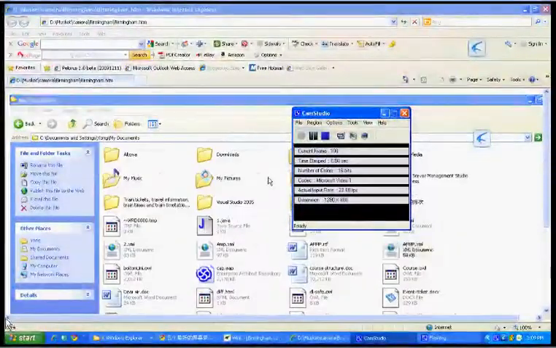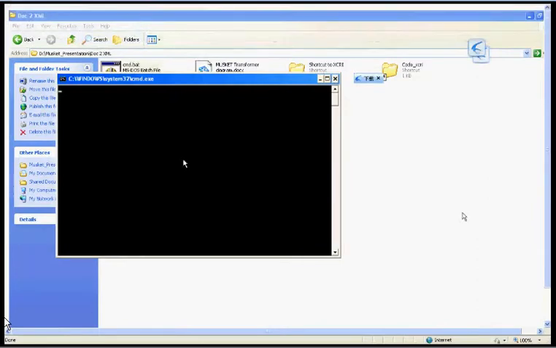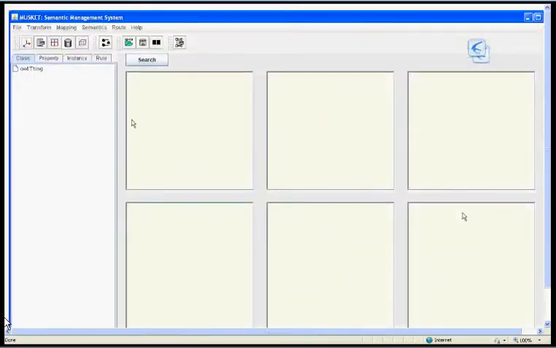This is a short video to demonstrate the Masket tools. We start with the semantic management system by opening one of the three applications, which is the Word to XML